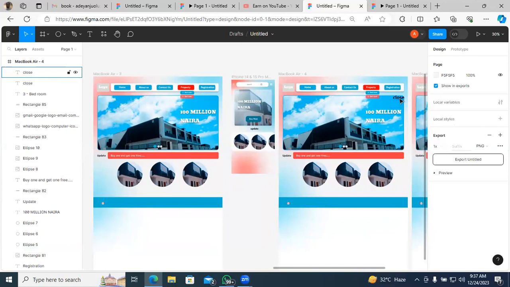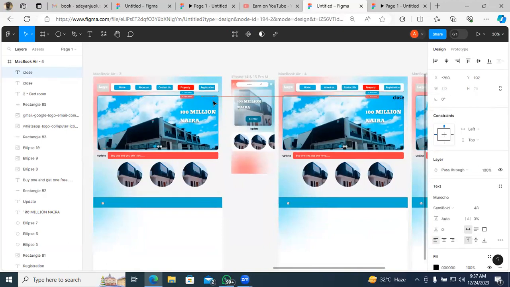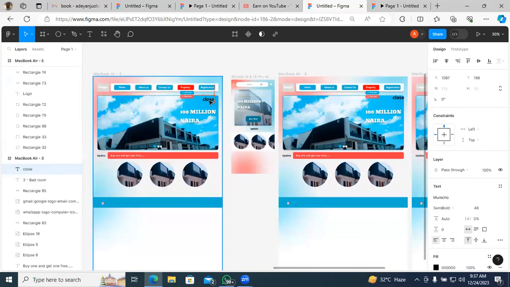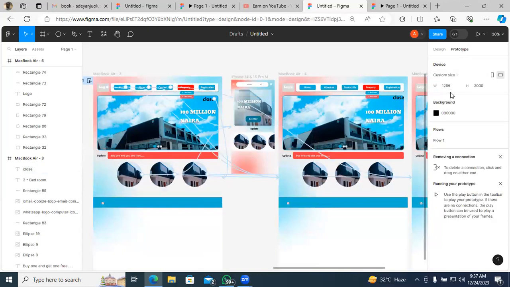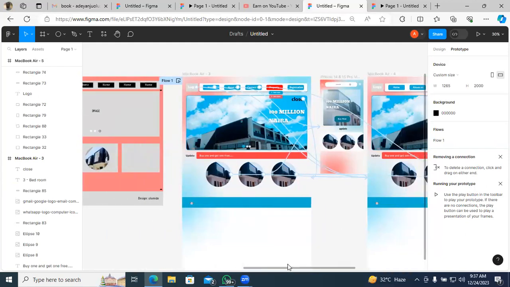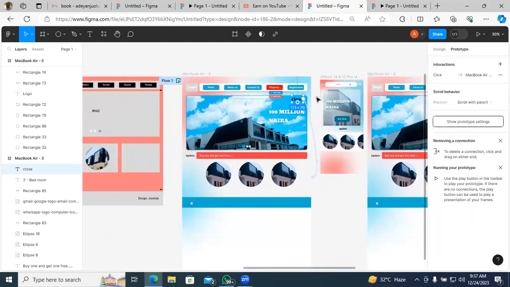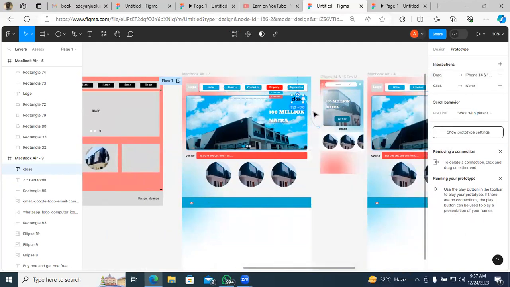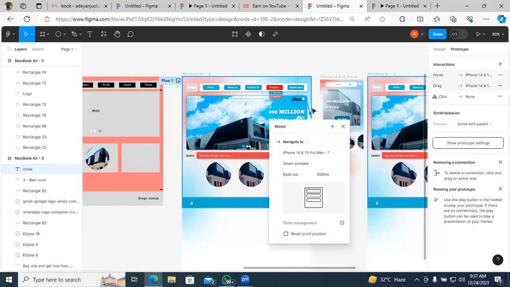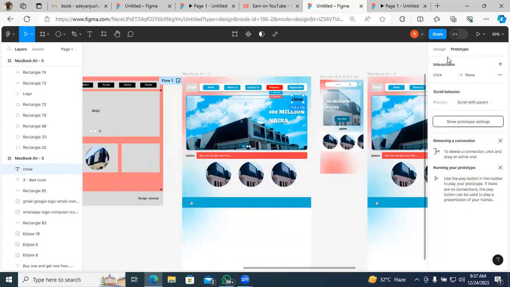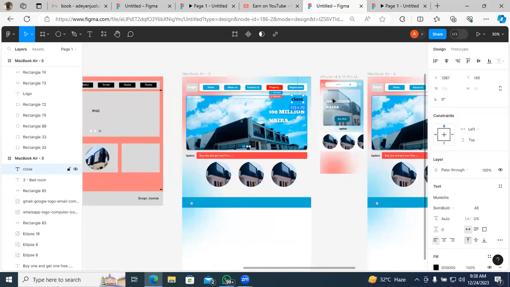So what I'm actually doing is that the template was meant for phone, so I'm trying to adjust it better. To adjust is very simple. Just come to prototype and keep the size here. It's the same pattern of what we used to do before. Nothing big, no big deal. Just know where you are coming from and where you are going to.